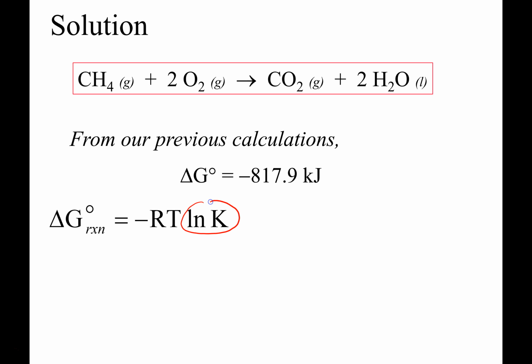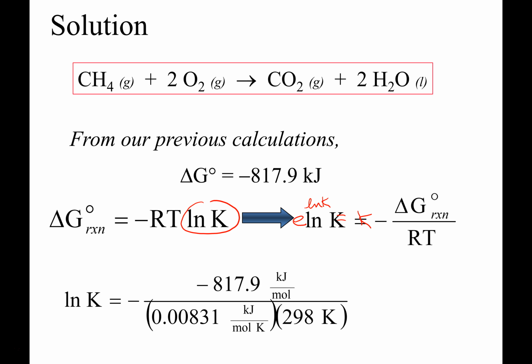To get K from ln of K, we can recognize that if you take E raised to the ln of K, you get K. And we're going to make use of that. So if we rearrange this, you get the ln of K is equal to negative delta G over RT. And like I said, if you take both sides, E raised to that quantity,